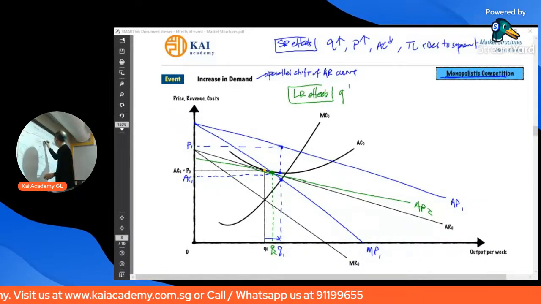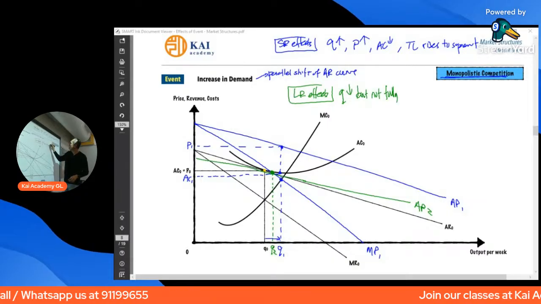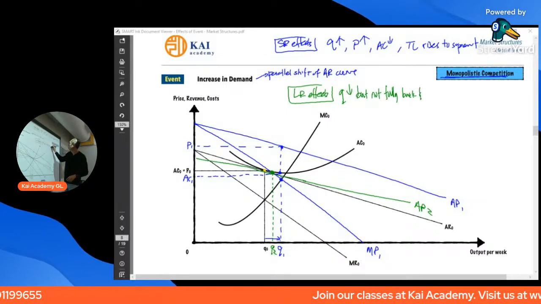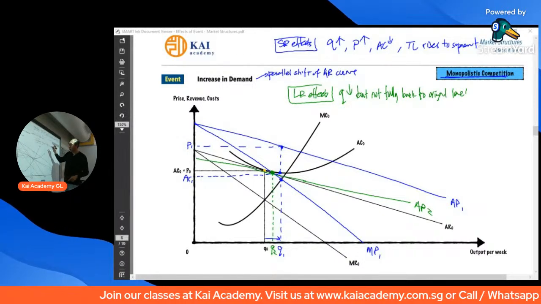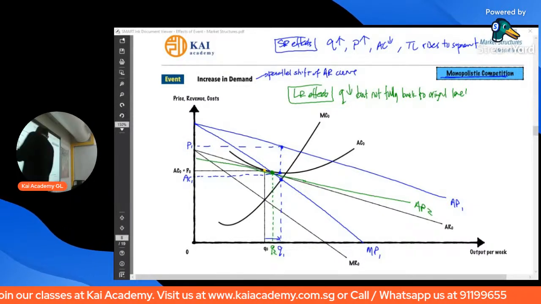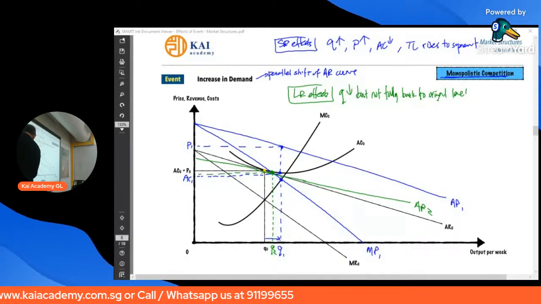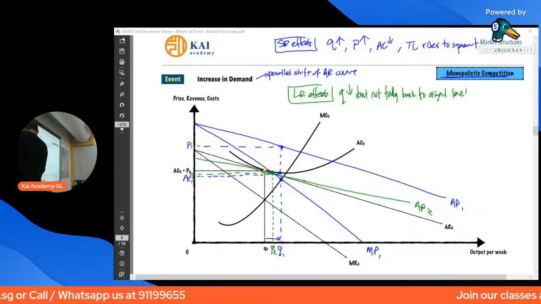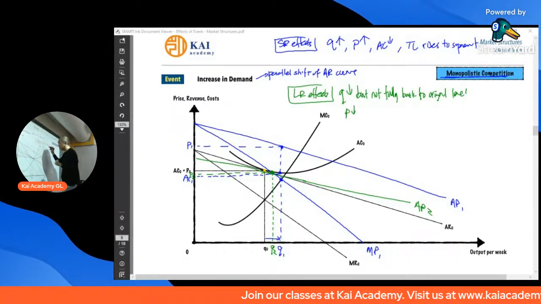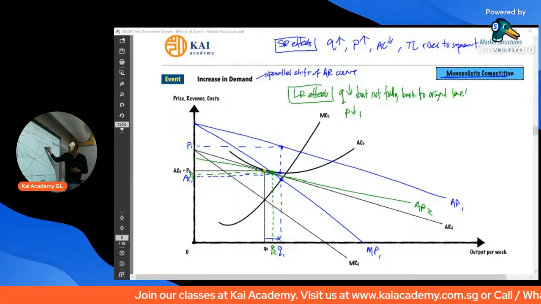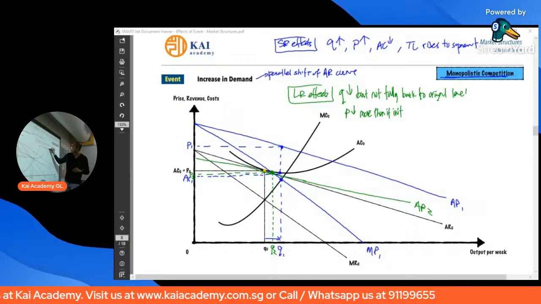is that Q falls but not fully back to the original level. Price, what happened to the new price? So the new price, because it's now further to the right, will be a bit lower. So new price P2 falls, right, more than it initially rose,